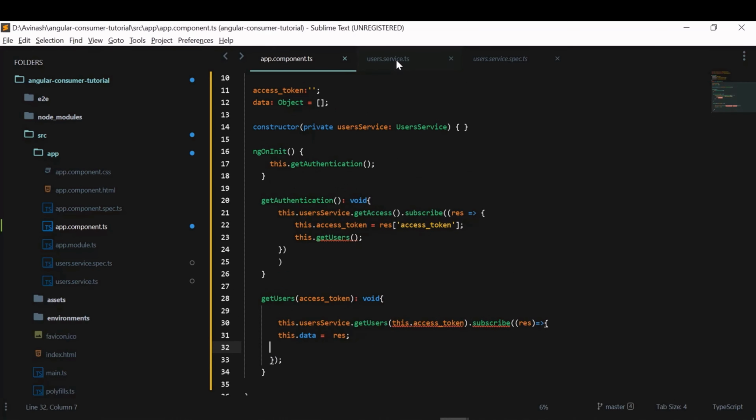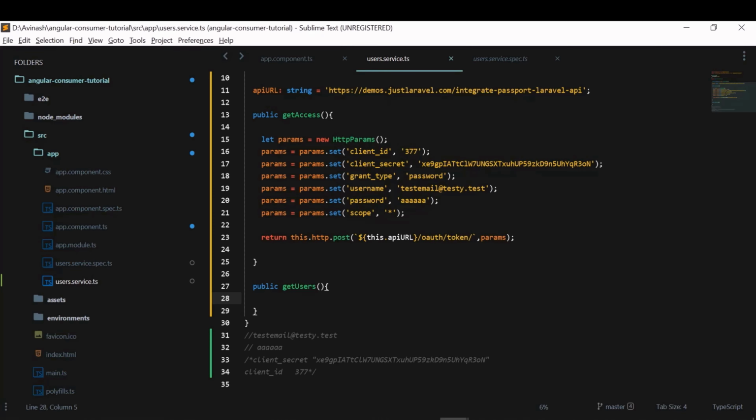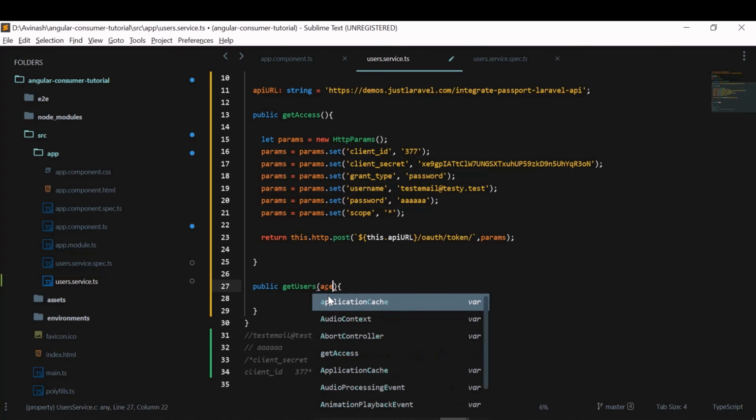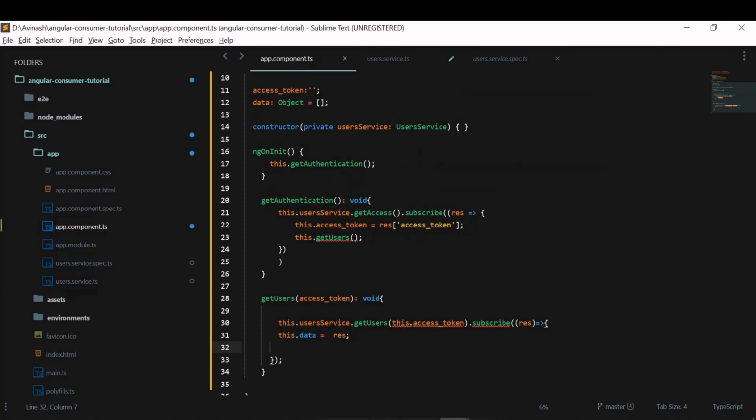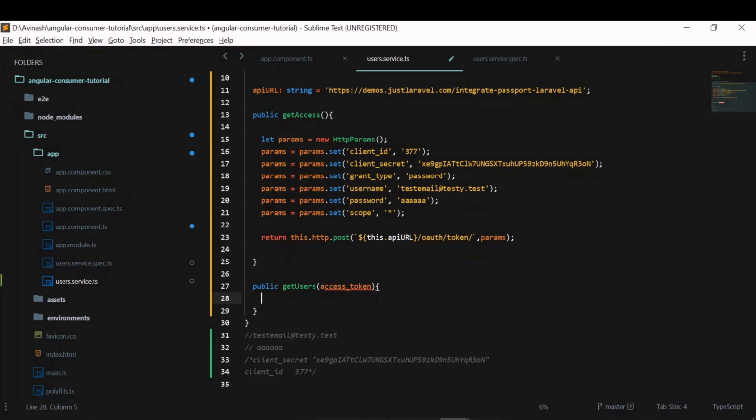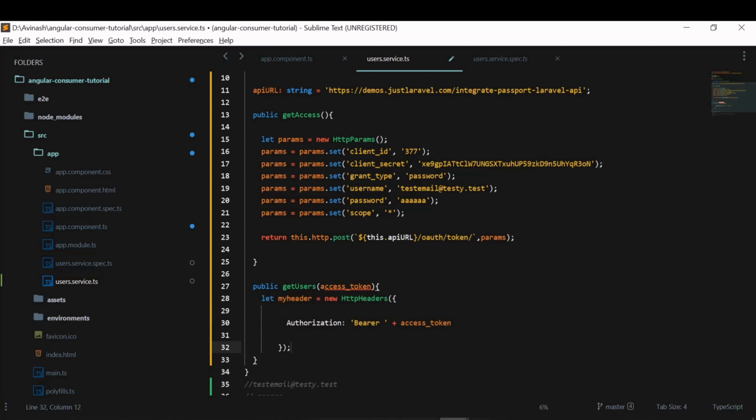Now I'll go to this user service and create an API call to get the actual users, using the parameter which is passed here from this component. I'll pass this access token as an authorization header, as a bearer.